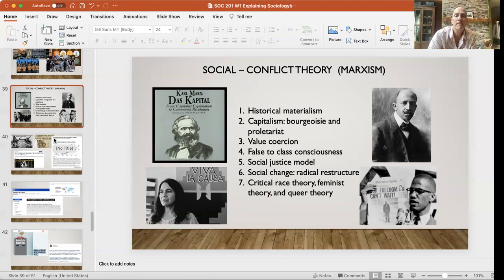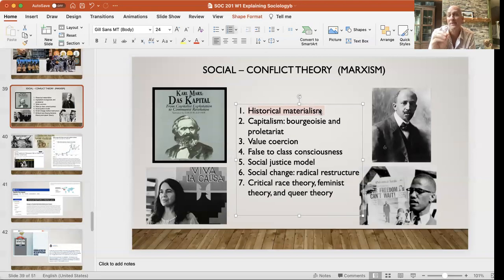So conflict theory, let's not talk about this term right now. Well, okay, real quick. Materialism is our economic structure. So capitalism is our economic structure. What Karl Marx was interested in is economic structures, how they change across time, and the impact of economic structure. An agricultural-based society, that's the material base, agriculture. Industrial capitalism, that's the material base, industrial capitalism. That's historical change in economic systems. And what Marx was interested in is the influence of the economic system on society and people.